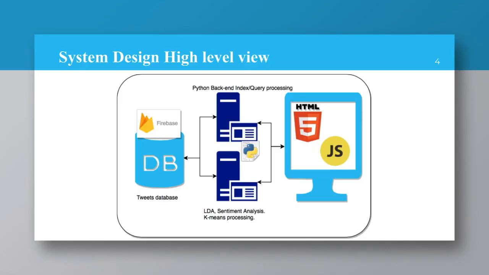Our system design high-level view is the following. We will have a tweets database hosted using the Google service called Firebase. Also, we have a two-part backend. Initially, a Python backend will be in charge of the index and query processing. Later, we have LDA, sentiment analysis and k-means processing, also made in Python. Finally, for getting the input queries and showing the user the results, we will have a website developed in HTML